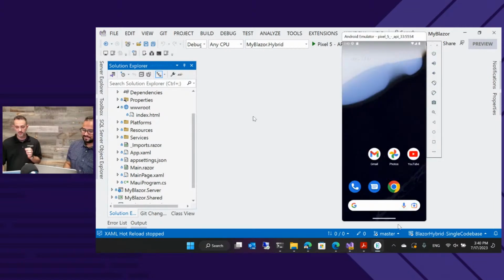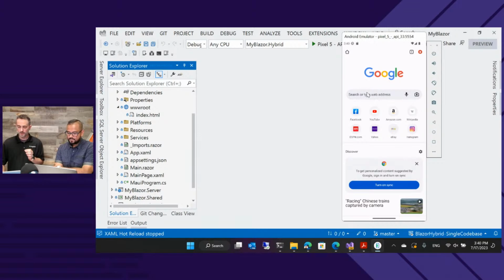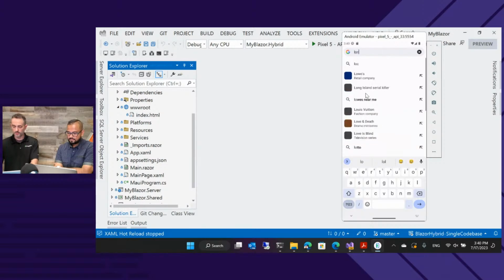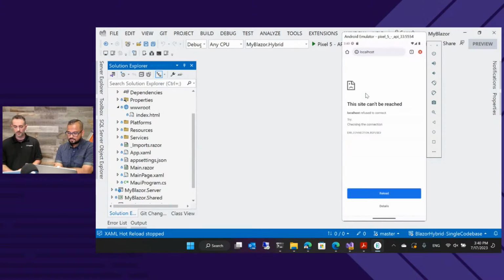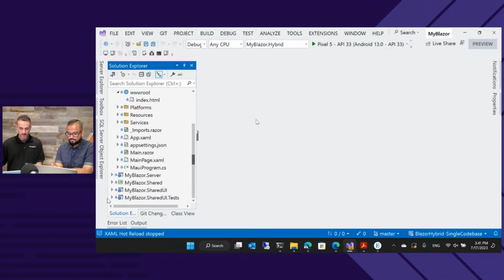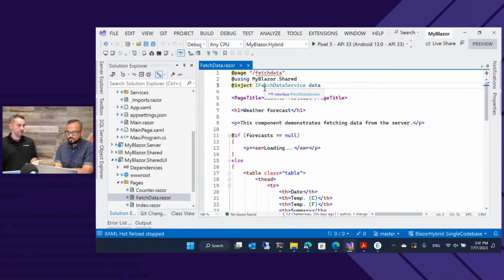Again, on the device, let's try going into the Chrome browser here and just typing localhost. And if I do localhost, it doesn't know what a localhost is. So how are we getting to localhost from this emulator within the application? Because it's got to ping an API. If we go into the UI component, we go to fetch data, you can see it uses an IFetchDataService. Okay, so what is IFetchDataService doing?